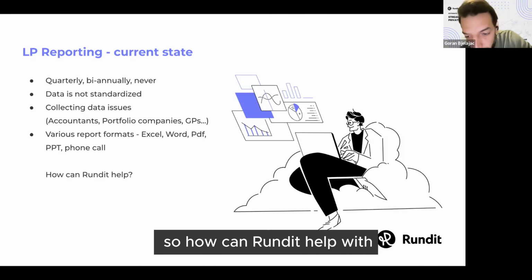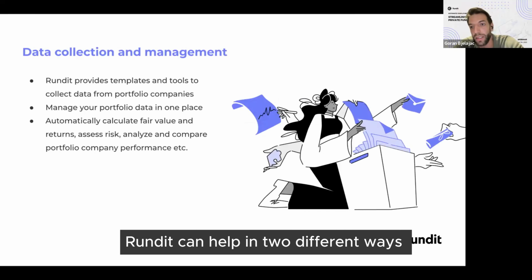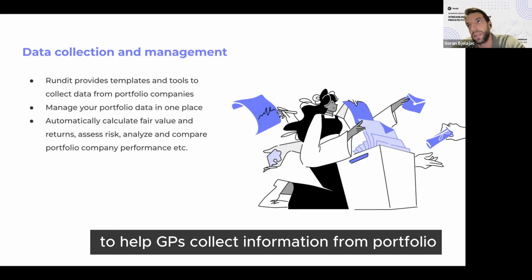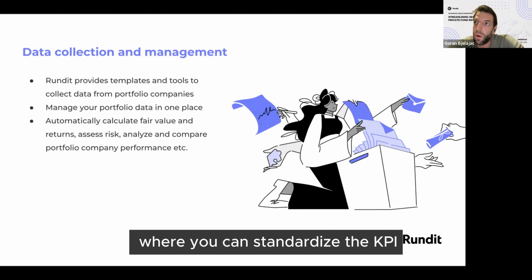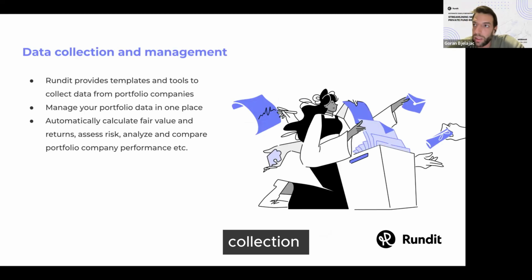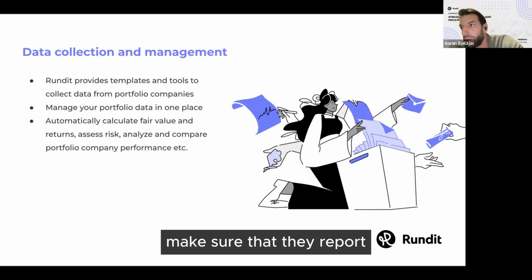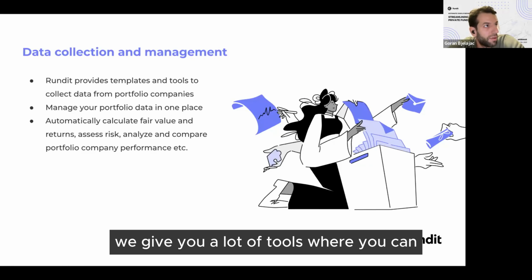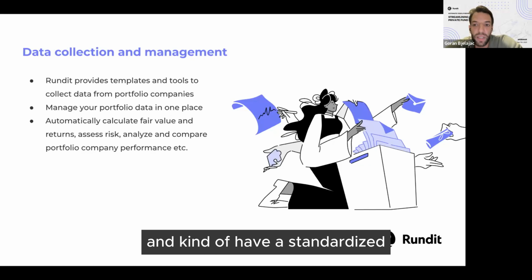So how can Rundit help with the entire process? Rundit can help in two different ways. We provide tools to help GPs collect the information from portfolio companies. We provide templates where you can standardize the KPI collection and also follow through, remind companies, and chase companies, to make sure that they report. In case you get that data in some other formats, we give you a lot of tools where you can import that data easily into the system and have a standardized